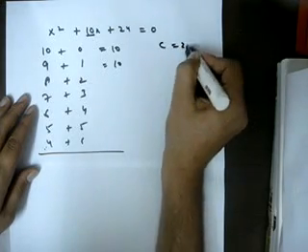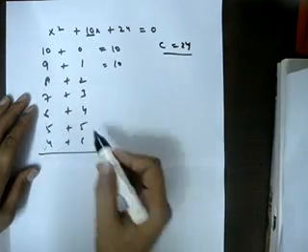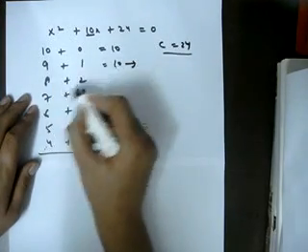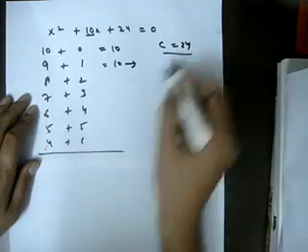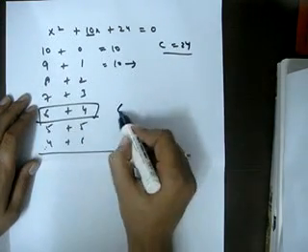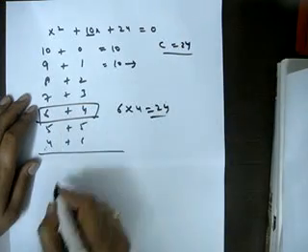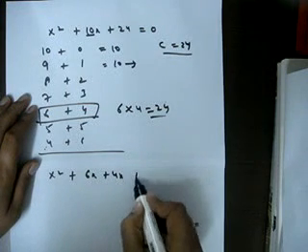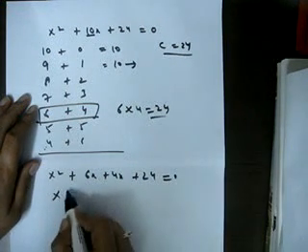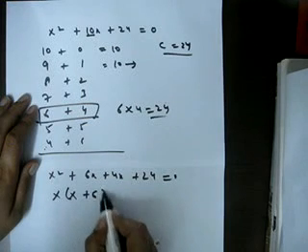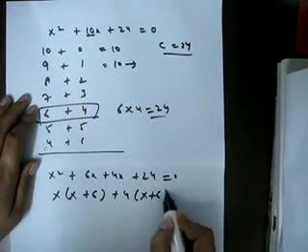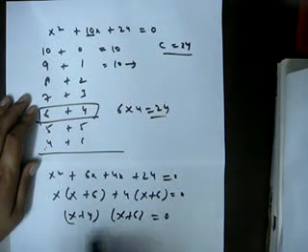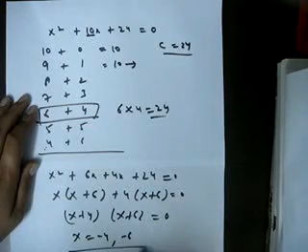I can take C equal to 24 in this case. I can just look at the case where the product of these two terms, so 9 into 1, 8 into 2, 7 into 3, becomes equal to C, which in this case is 6 into 4. So I can just break 10x as 6x plus 4x plus 24 equal to 0. So again I can just solve this one. So (x plus 4)(x plus 6) equal to 0. So x equal to -4 or -6 are the solutions.